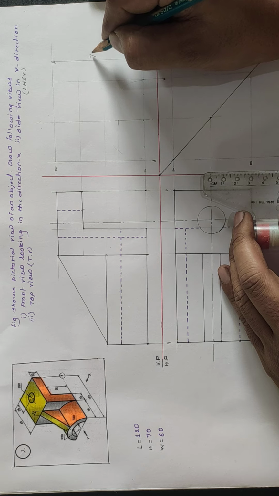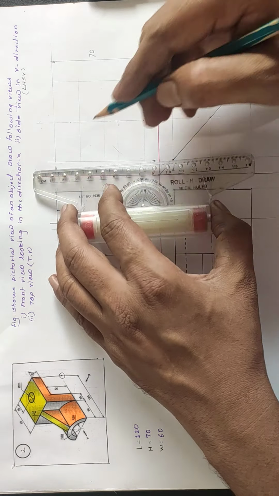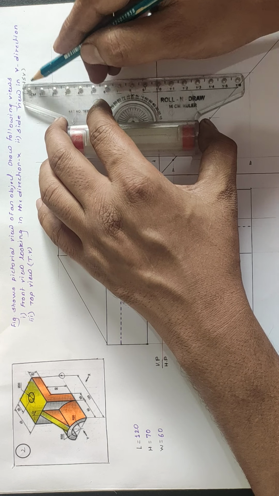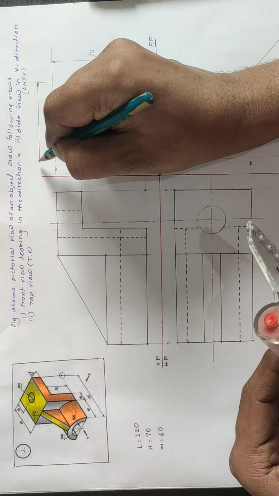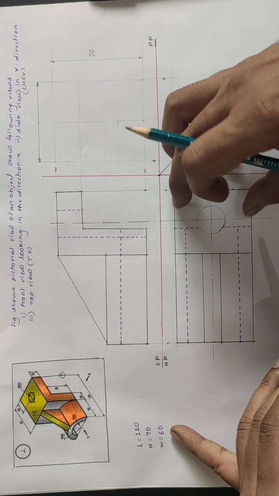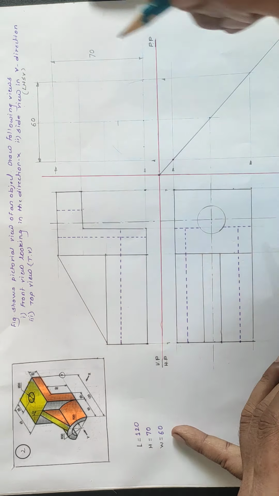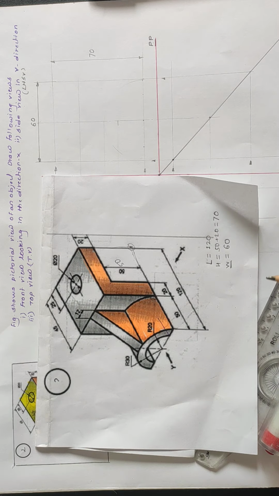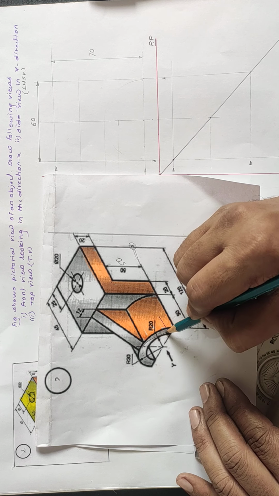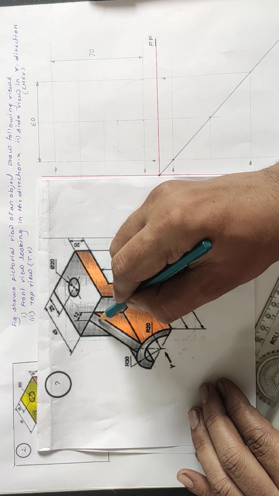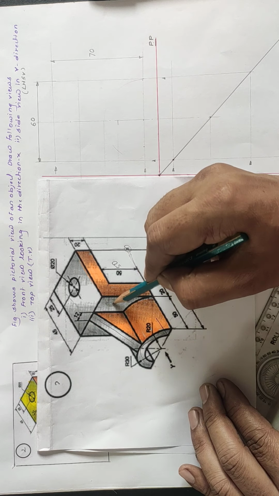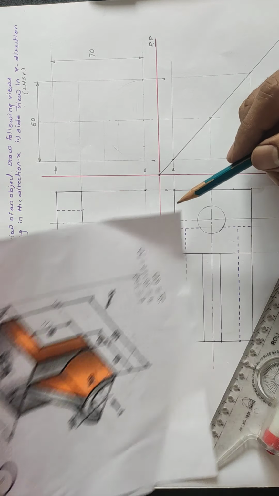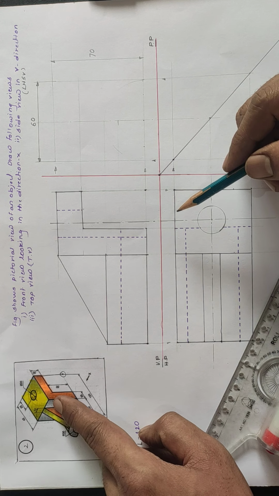The total height of the object is 70 mm, and the total width of the object, taken from the top view, is 60 mm. In the side view we can see this circular portion, the half circular part, the rib part only, and this portion of the plate on both sides. So you can see this black portion.